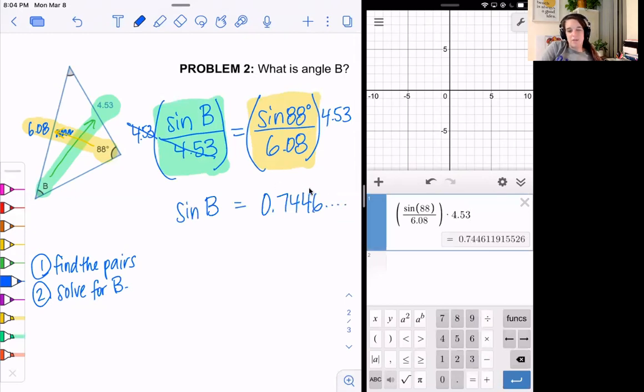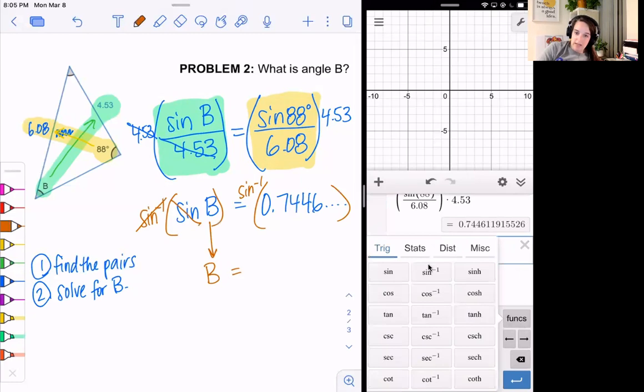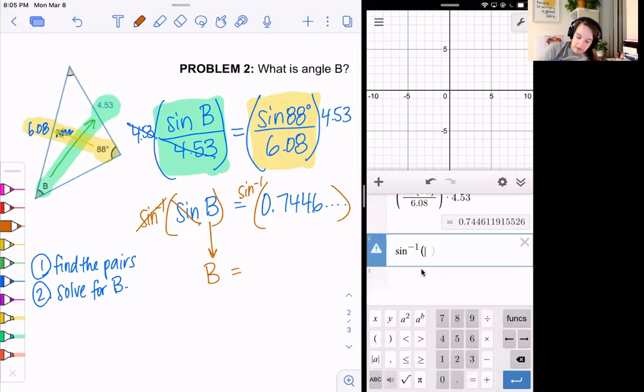You might be thinking that's a funny angle. That is a funny angle. That's because this isn't an angle. This is sine of that angle. So you might remember, in order to get rid of sine, what do I have to do? I have to use sine inverse, sine -1, right? I'm going to do that on both sides, sine -1, like that. Sine -1 and sine will cancel, leave me with just b equals, and now I need to do sine -1 of this whole thing. So I have two options. The first one is to go to functions, go to sine -1, and type in my number